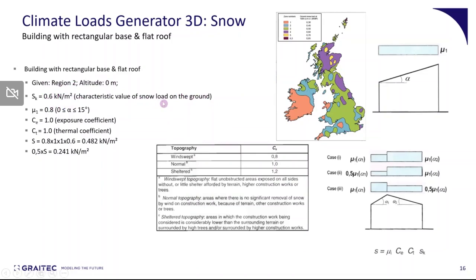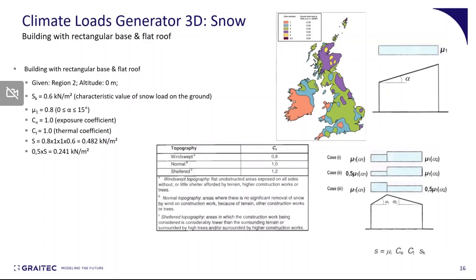These three coefficients are multiplied by the characteristic value of snow load on the ground to identify the total snow load on the roof. The first one takes into consideration the shape of the roof, if it is monopitch, duopitch, flat. The second one is the exposure coefficient and takes into consideration